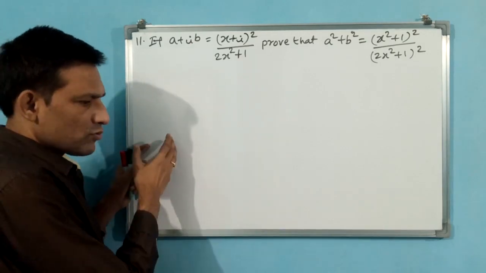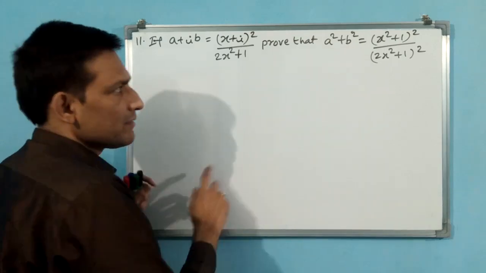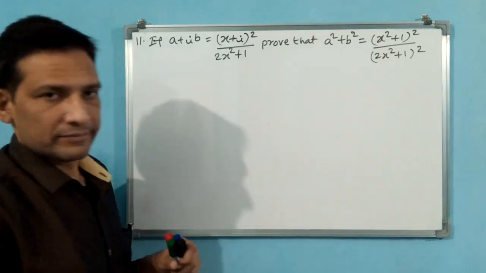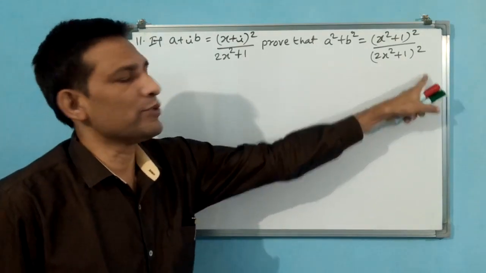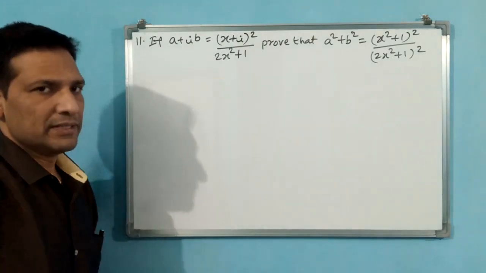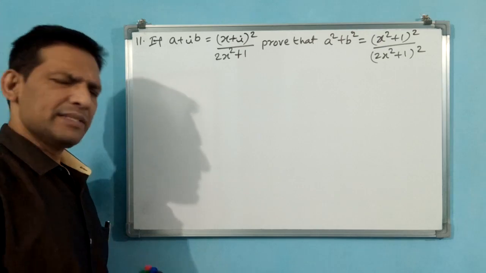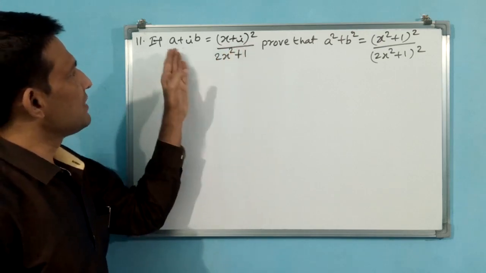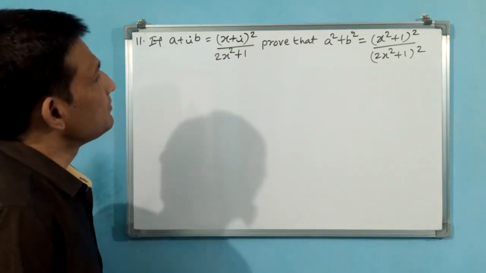Okay? Then square a square and b square. Why? Because a square plus b square, add. Then finally these parts should give the result of this one. While doing this, be careful: the denominator square you keep like that only. You don't split it. The numerator you have to split, otherwise the square is not going to come. Like that you have to think. Okay, let us first expand this one, a plus ib, and separate a and b. Okay, let us do.